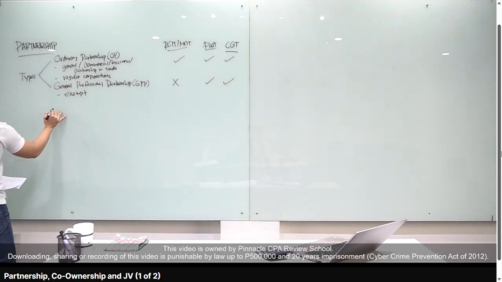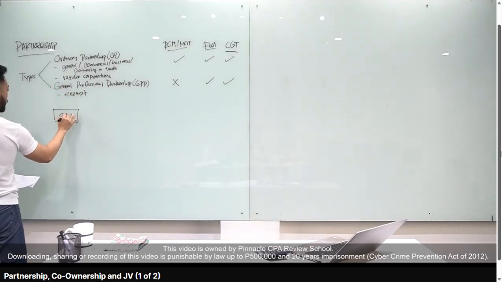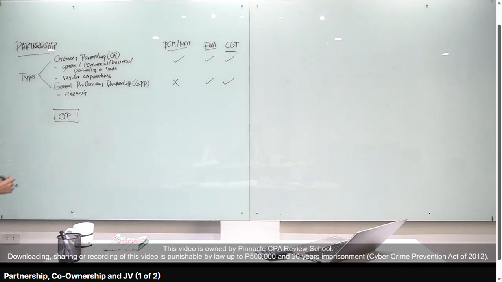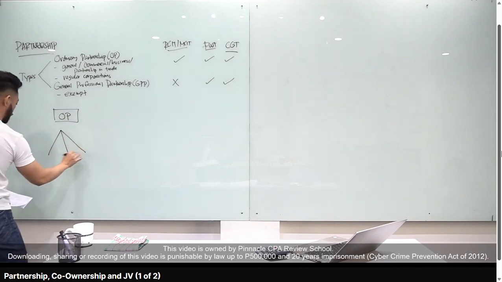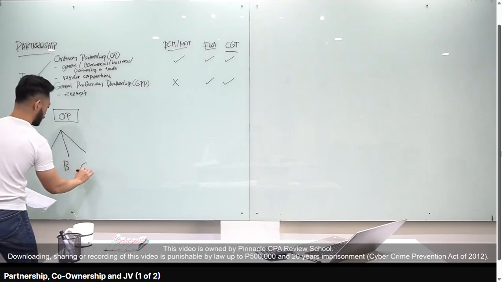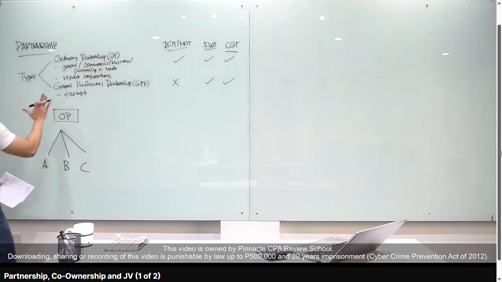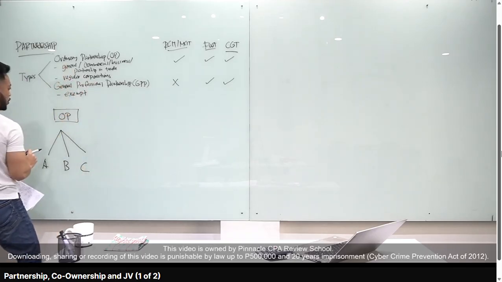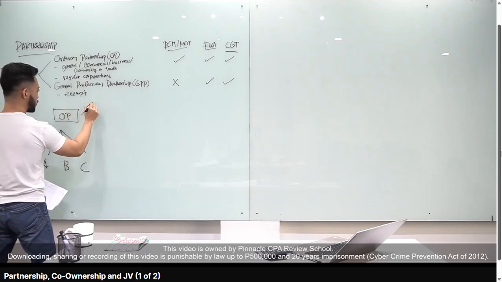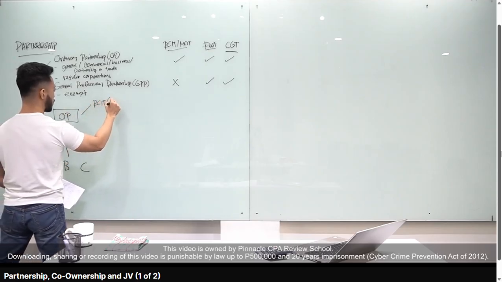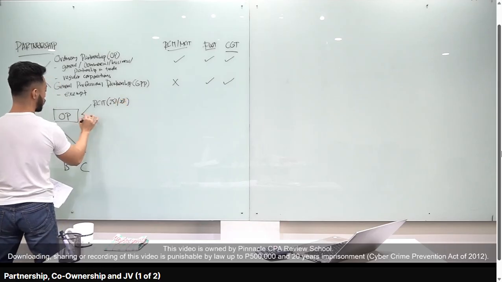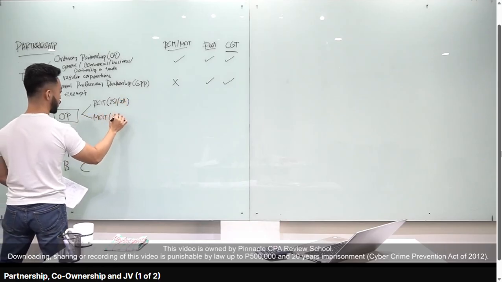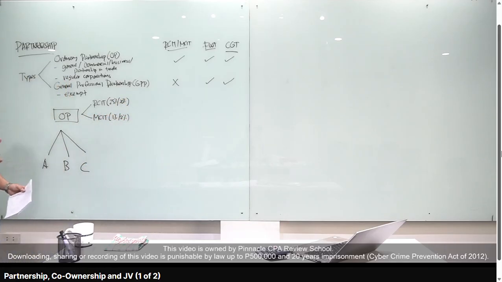So for example, ito yung ordinary partnership natin, or the OP. Okay? Let's say meron tayong tatlong partners. Partners A, B, and C. Alright? Now class, sabi ko dito, ordinary partnerships are treated as regular corporations. Therefore, sa partnership level, magiging subject siya sa RSET na either 25% or 20% or MSET na either 1% or 2%. Got it? Kasi regular corporation eh.